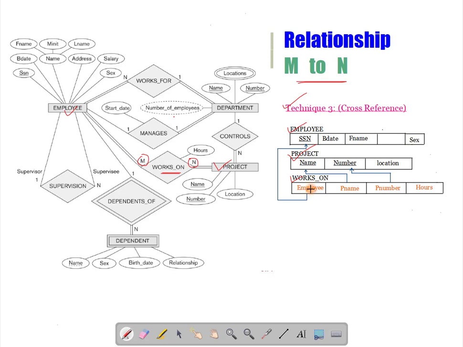Here there will be a foreign key which will refer to the primary key of the employee, and another foreign key which will refer to the primary key of the projects. And these are the relationship attributes. All the relationship attributes will go to the new relation in case of cross reference. So in this way you can convert any many-to-many relationship.